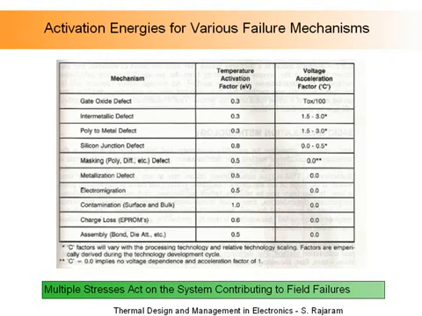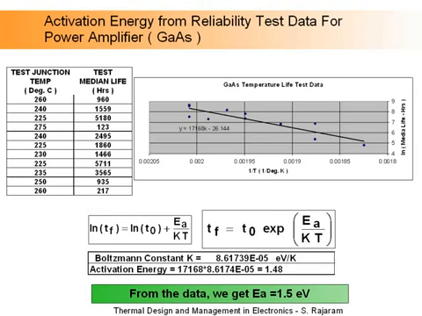All right. I remember I told you we determine activation energy from failure data. So here I'm showing you a plot of the failure data for a power amplifier. This is a gallium arsenide device. Remember, I told you normally we will not in a design exceed 150 to 175 as a design junction temperature. But when we do the testing to drive this to failure to look at device behavior and determine its reliability, we actually test these junctions at very high temperatures.